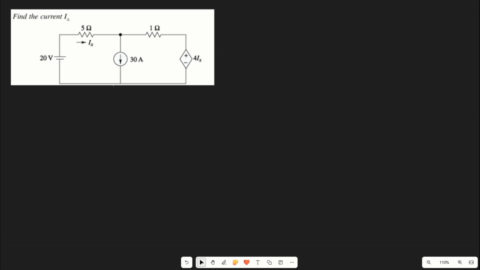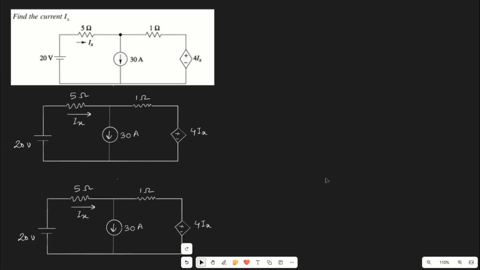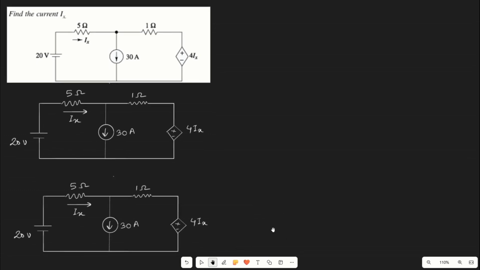So let us consider this numerical as we have seen here, which contains two independent sources and one dependent source. So let us redraw the circuit again. As we have two independent sources, as per our superposition theorem, we have to remove the sources and consider one source at a time. So let us consider a first circuit. In the first circuit we are considering the 30 ampere source, and in the second circuit we are considering the 20